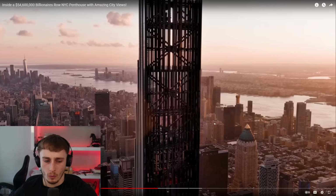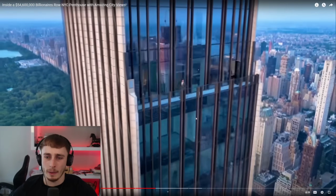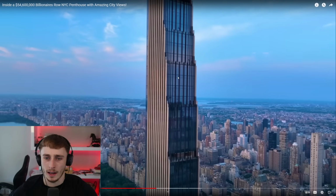So I'm assuming from what I'm seeing here, each floor is like a penthouse. You got penthouse, penthouse. I guess this is how it is, which is crazy to think. I guess that's why they're so expensive, because there's so few people living here. But I could be wrong. Maybe some people don't choose to have the balconies. But I assume each time there's a balcony, that's the bottom of each apartment, and then the top's